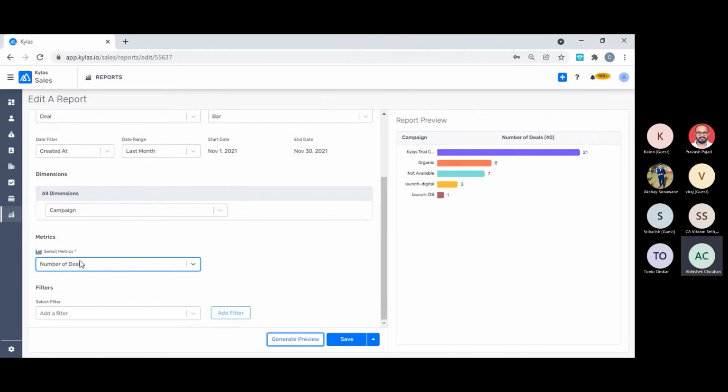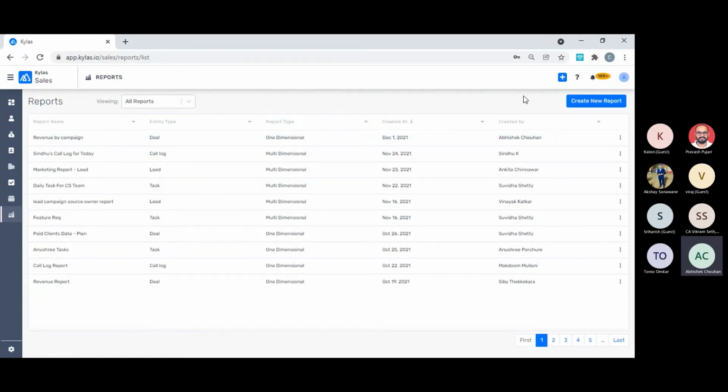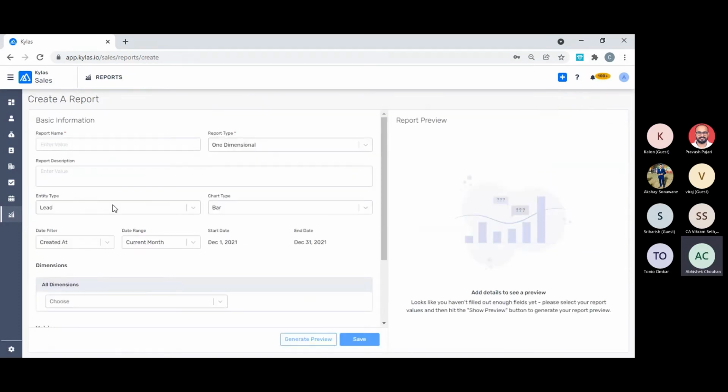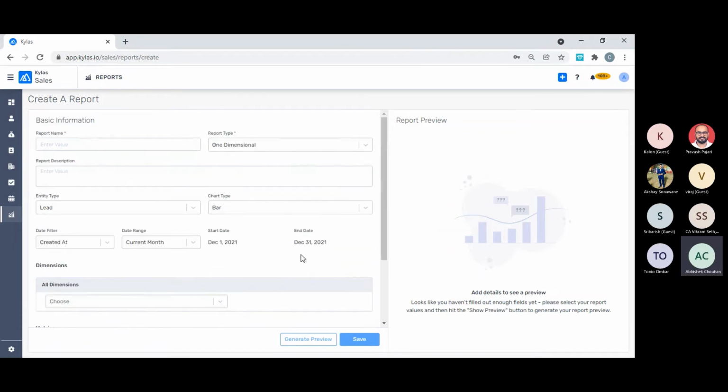Okay, so what we did, we simply changed the metric from sum of estimated value to number of deals, and a different set of data is in front of us, right? So you can understand how easy it is to create reports in Kailas. You have to simply go to create new report, choose 2 or 3 user-friendly dimensions that you actually want to filter out as a report, and the data is presented in front of you in the form of a chart, table, or a bar, right?